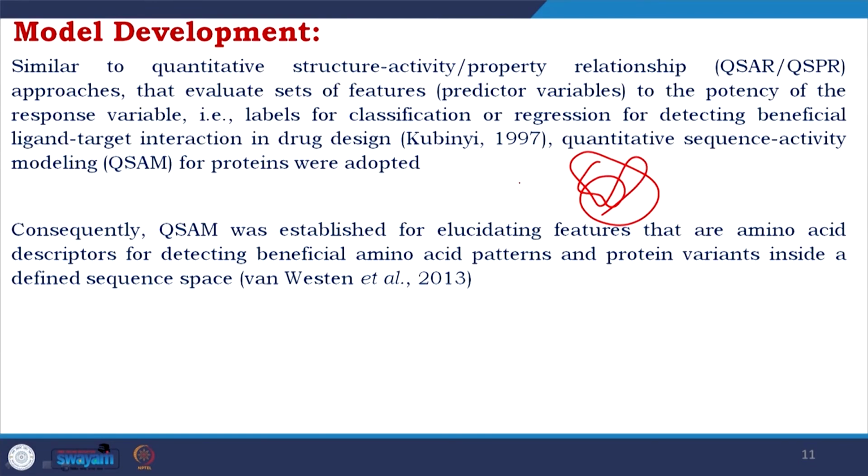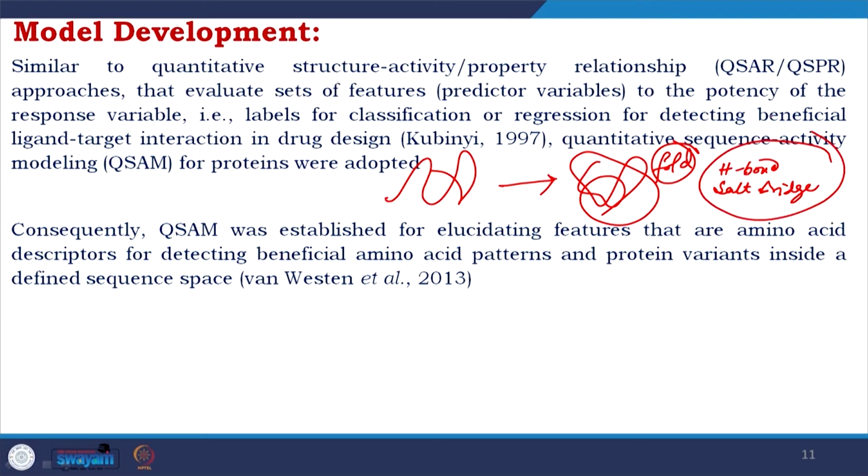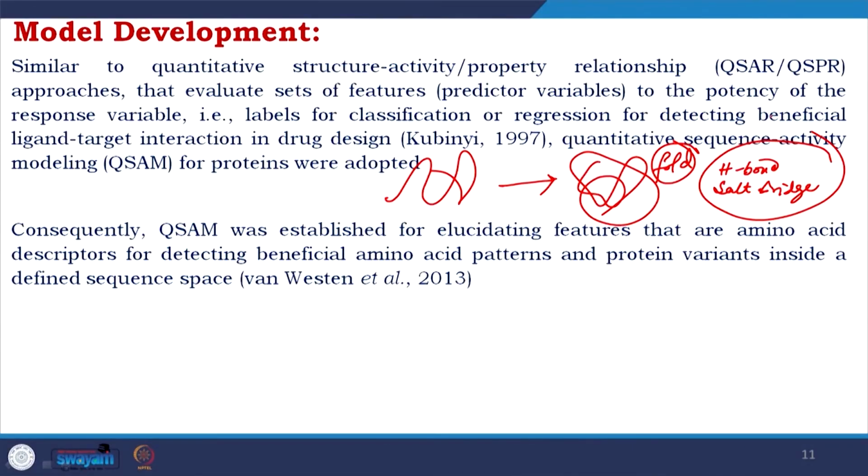If you remember, the challenge here is to understand how the protein folds, and mostly the protein folds through non-covalent interactions. Very critical is hydrogen bond and salt bridge, because you could really see them. Now, if you develop a network in the protein using hydrogen bond and salt bridge, they would help enable the introduction of the alternative amino acids, okay, and that is what QSAM used to do.